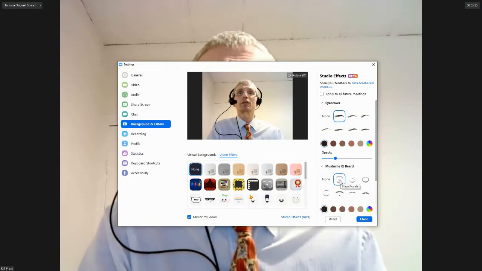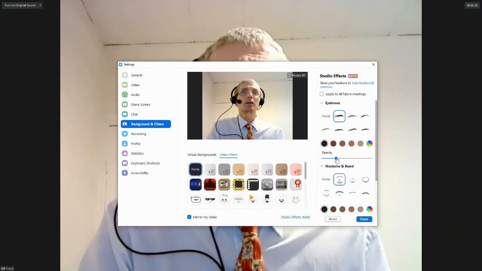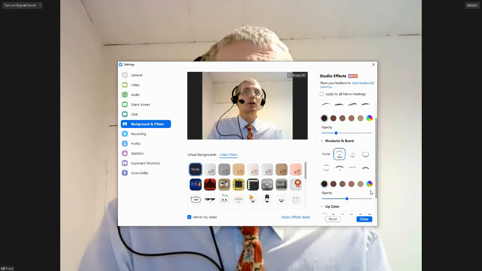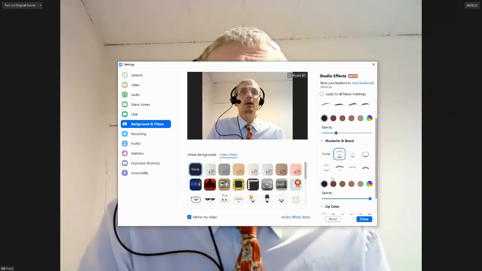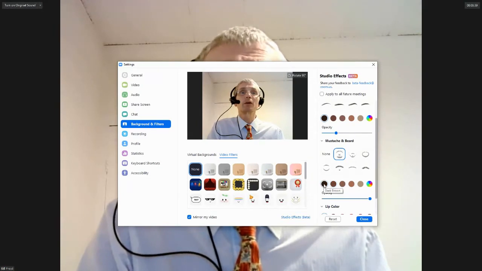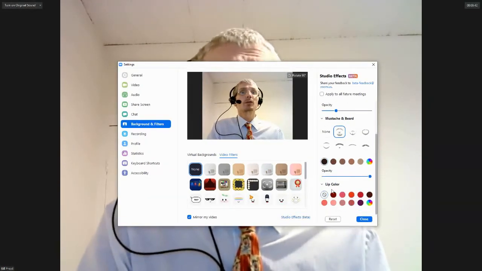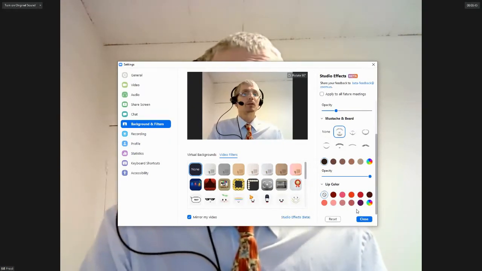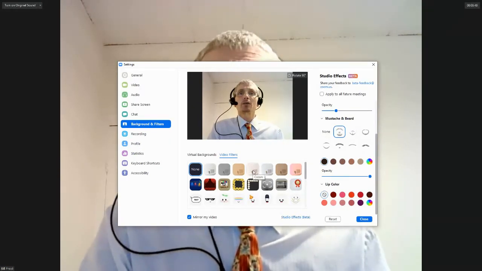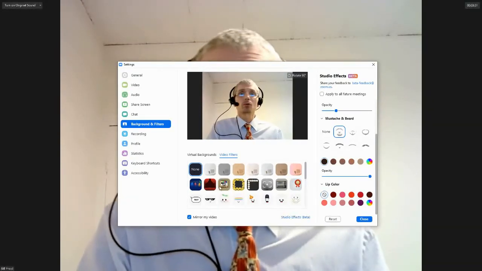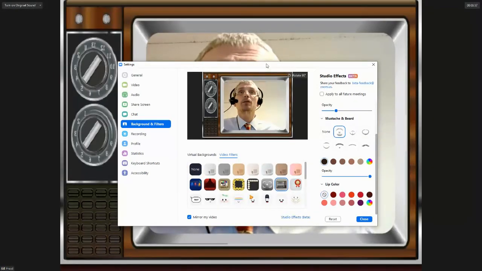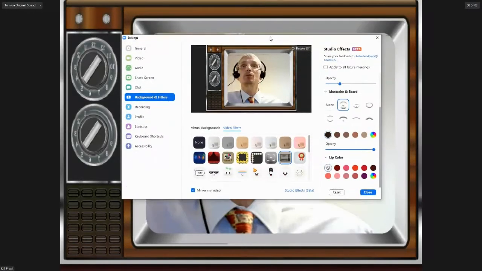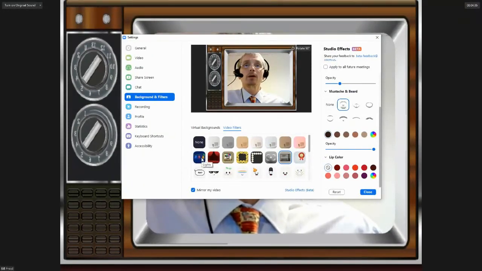Blaze Royale. Let's try that. And again, I can make that more opaque, so it's more overt. There we go. And I can change the color of it as well if I so desired. If you wanted, you could also put in place a different lip color if you so desired. And you can also apply filters more broadly around the edge of the screen, like so, for example, which is a nice subtle TV effect, or not so subtle. And there are a variety of other ones as well.